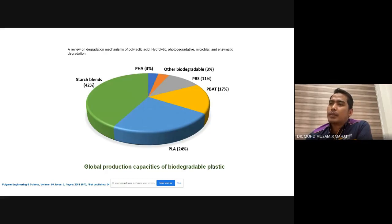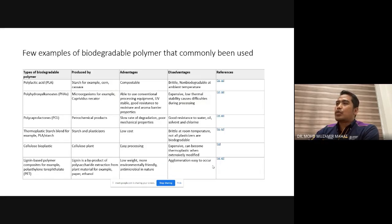this is from a similar review paper that I have read, showing the global production capacities of biodegradable plastic. These are the sources from which we can produce biodegradable plastic. We can get from starch blend, about 42%, PHA, other biodegradable 3%, PBS 11%, PBAT 70%, and some portion of it is PLA, polylactic acid, which is 24%. So 24% is quite a number, because PLA is one of the famous polymers to be used as the source for producing biodegradable plastic. Allow me to show you,